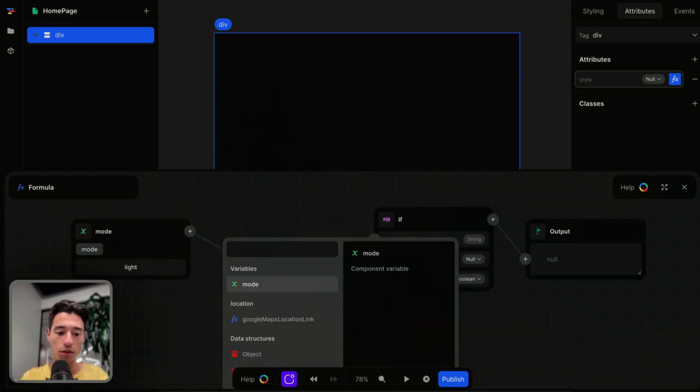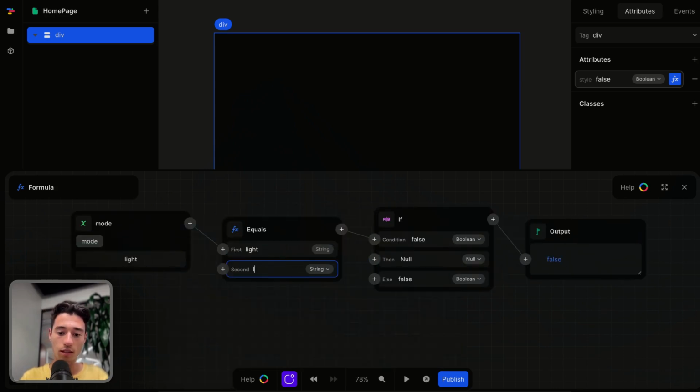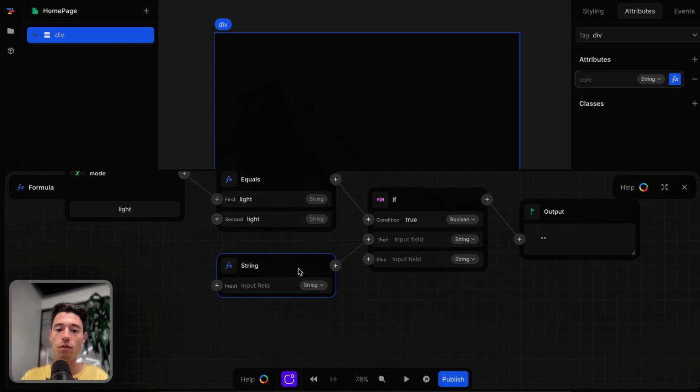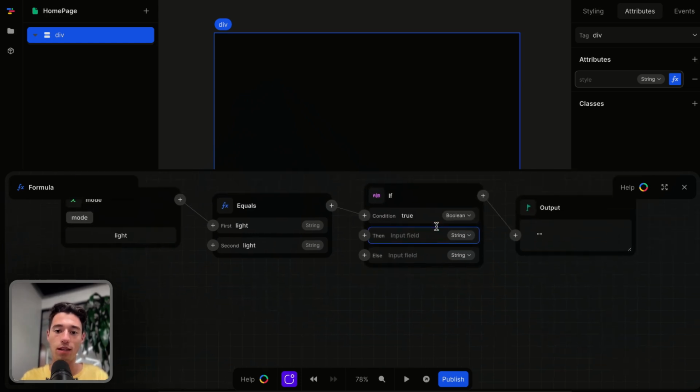And I can do mode equals light. So if this is light, then I am going to do something. So I can do if the mode equals light, I can add a string in here, right? But I don't need to. I can just also automatically type it in here if I want. So let's do it like this. If the mode equals light is true, then I'm going to do